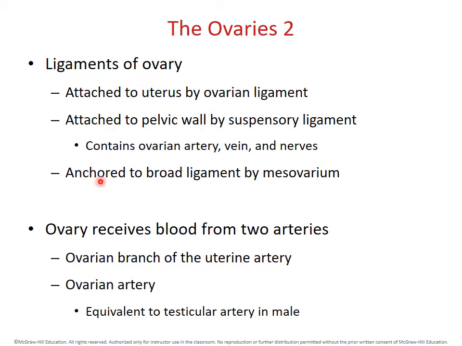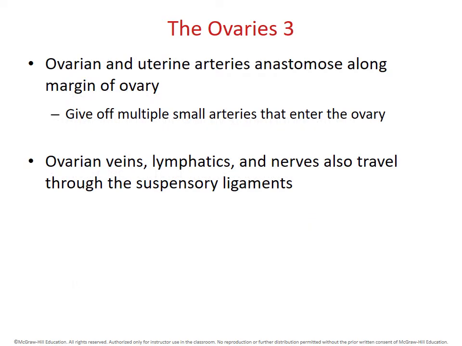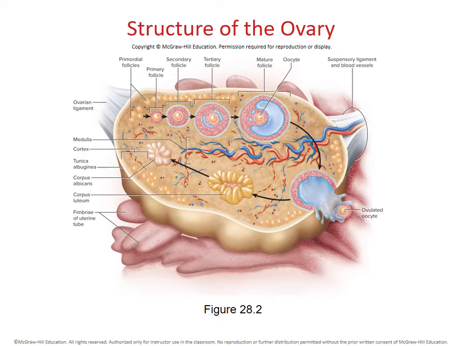The ovary is also on its posterior side anchored to a very broad ligament, a broad sheet-like piece of connective tissue called the broad ligament, which is an important ligament that helps hold the uterus in place. The ovary is in front of that broad ligament, but does have a sheet on its backside that attaches it to that broad ligament. That sheet, by the way, is called the mesovarium. Then, as we said, the suspensory ligament is where you find most of the veins, lymphatic vessels, and nerves that serve the ovary. And so we go back to the structure of the ovary,